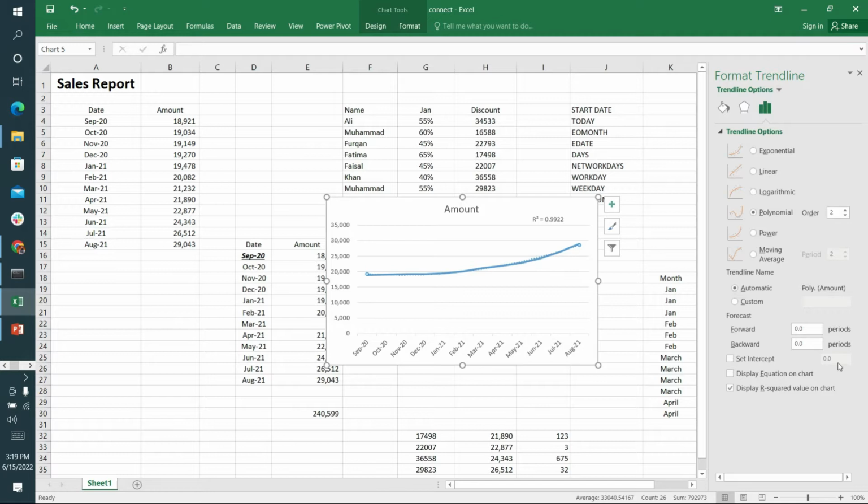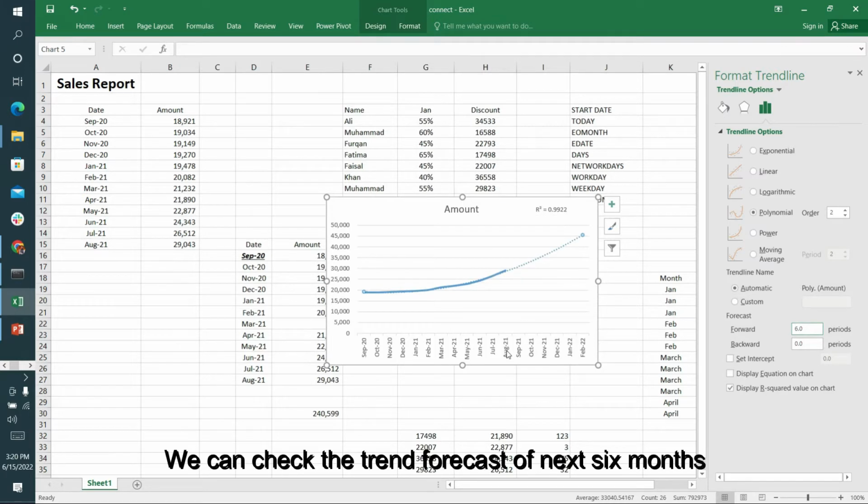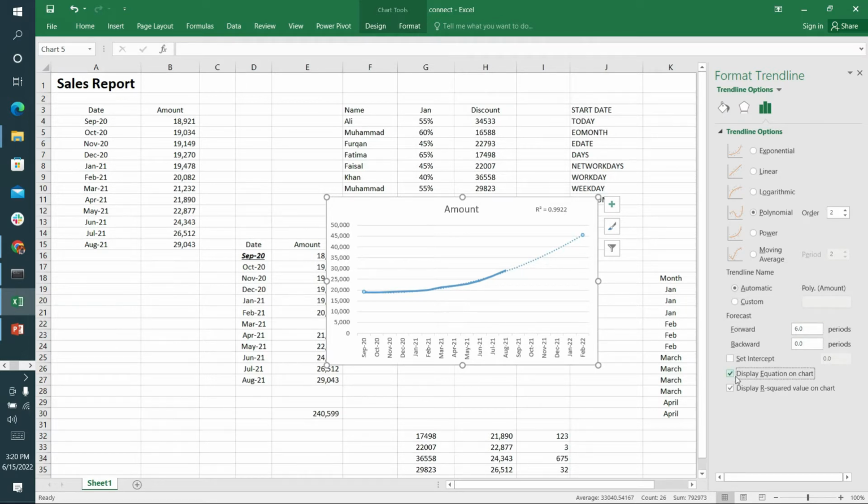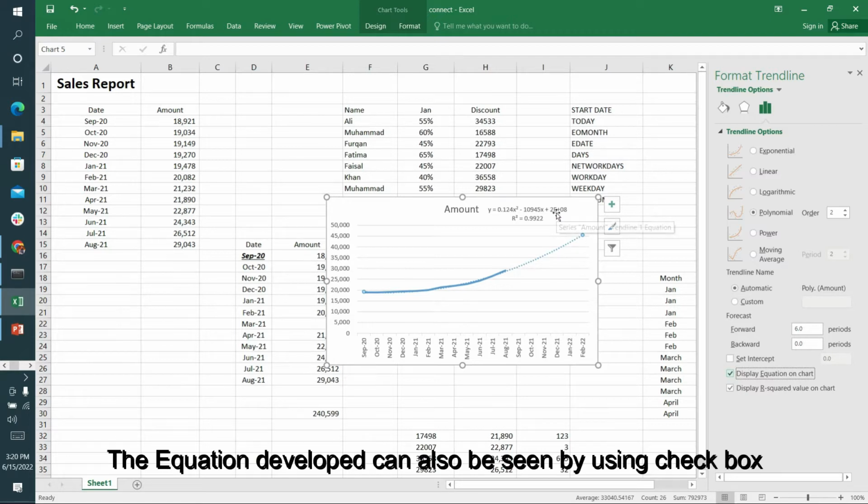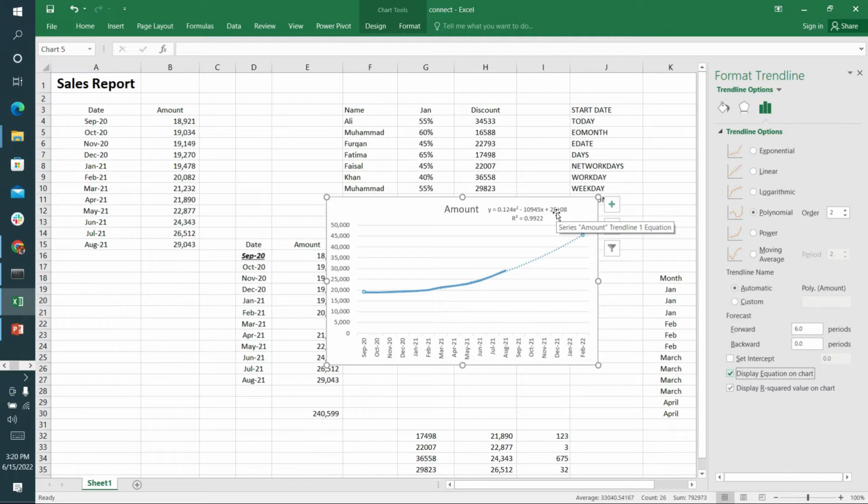It is near to 1, and we can see the forward trends as well. So I will go here, write 6, and it will give me 6 more periods. So it is the forecasting option, and you can also go to display equation on chart. Here is the equation, the mathematical equation, which is used for the trend and forecasting, and this is very important and